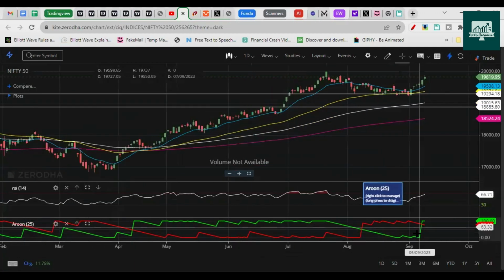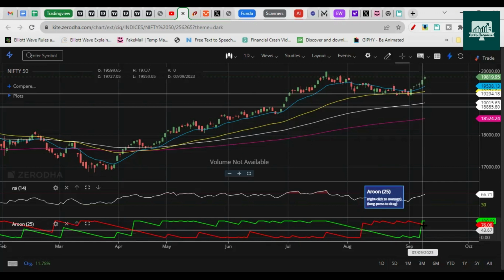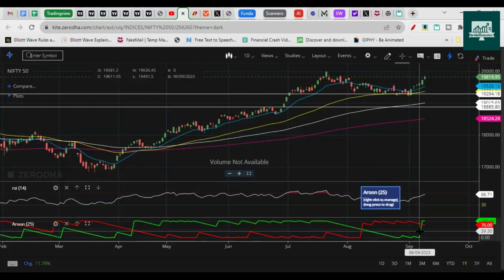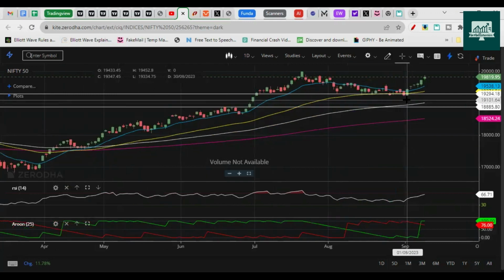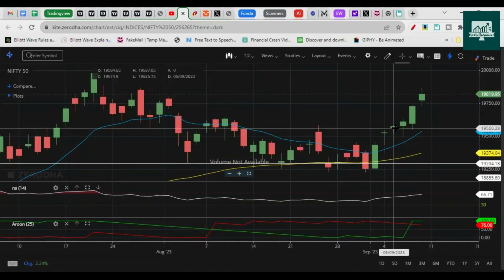and Aroon has crossed the red line. The green line has crossed the red line. So this is a good indication, at least for bulls, or you could say the market is bullish here. Nifty has given a continuous 5-6 day rally. So we were expecting a fall somewhere from